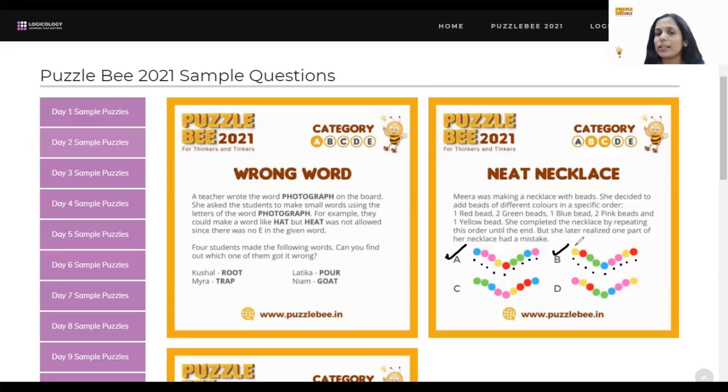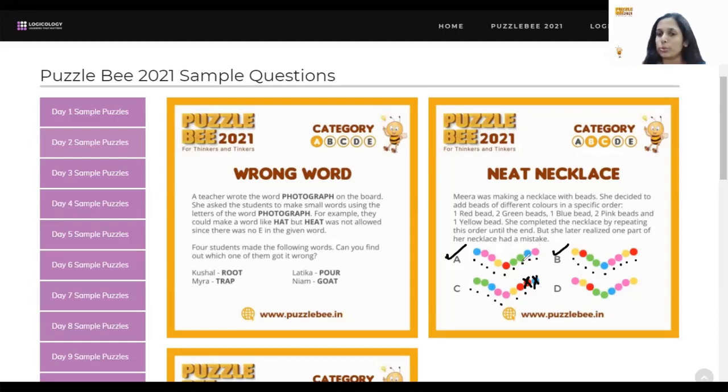Let's find out what's happening in part C. Part C, two green. Okay, it's starting with two green. Then you have one blue, two pink, then you have one yellow, one red. Okay, so here is the problem. After yellow, you just needed one red. But what you have here is two red. So this was an incorrect one. And in fact, another problem that you have here is after red, you should have had two green beads. So this one also should have been green. This is also incorrect.